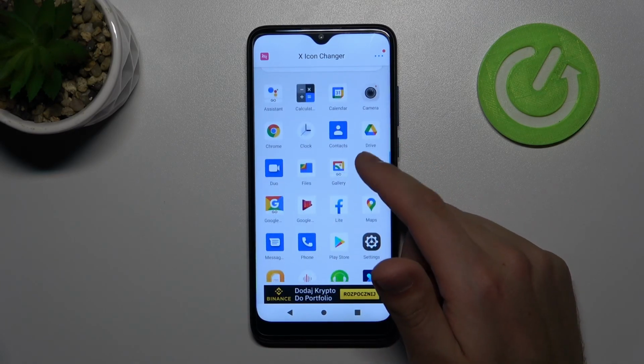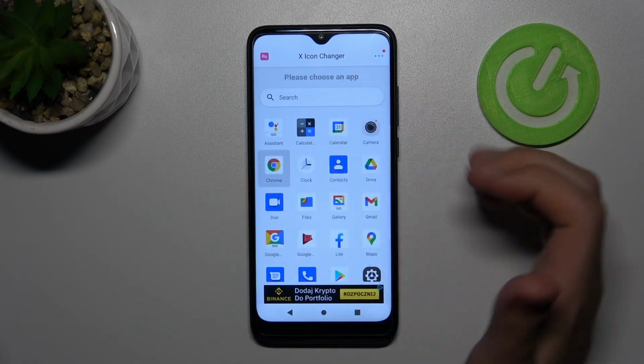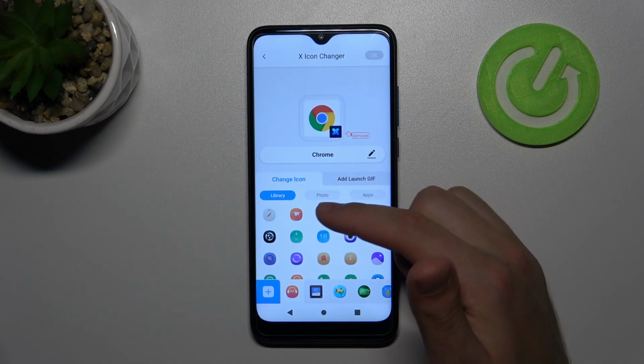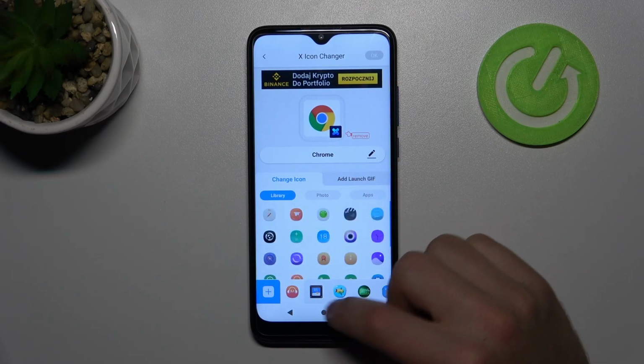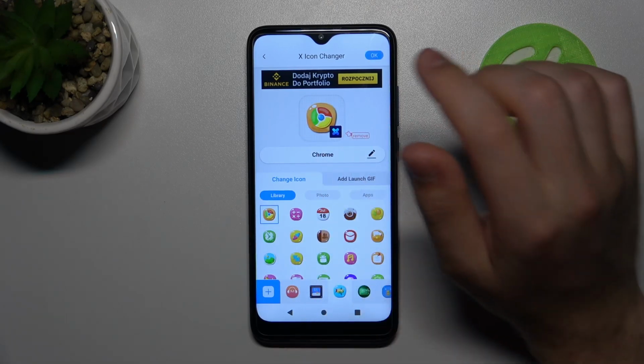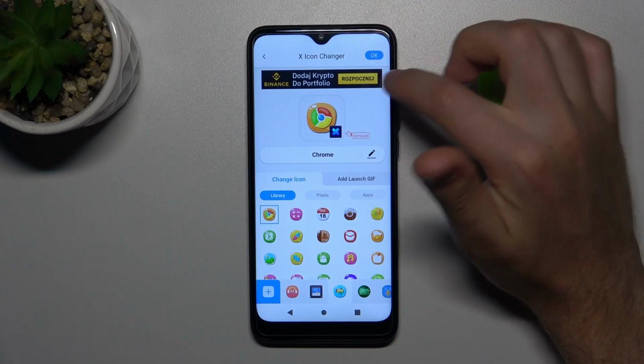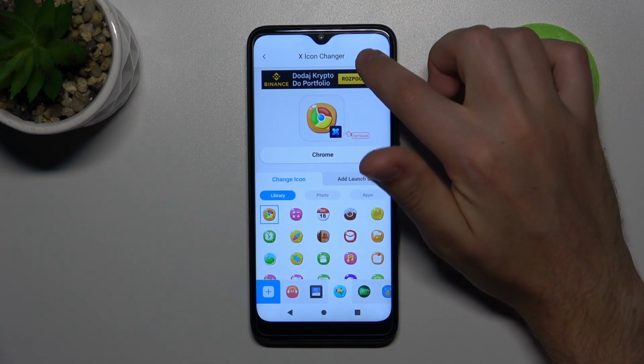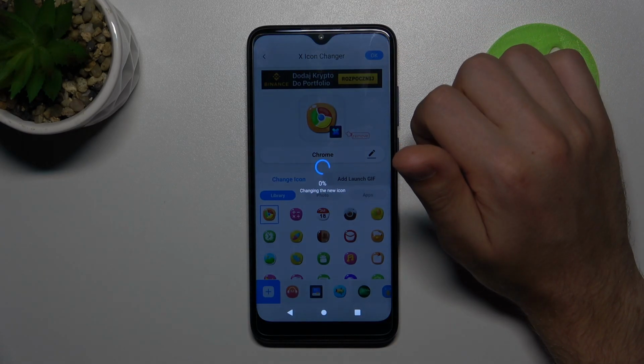Maybe Google Chrome will be nice. So choose your application, and now from the library choose a new icon, on this one. Okay, now in the top right corner we've got an OK button, so tap it to save this icon and wait